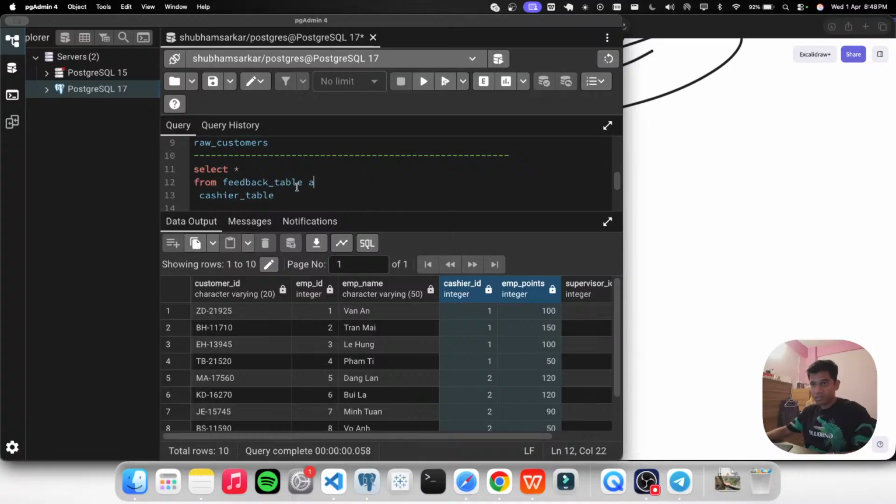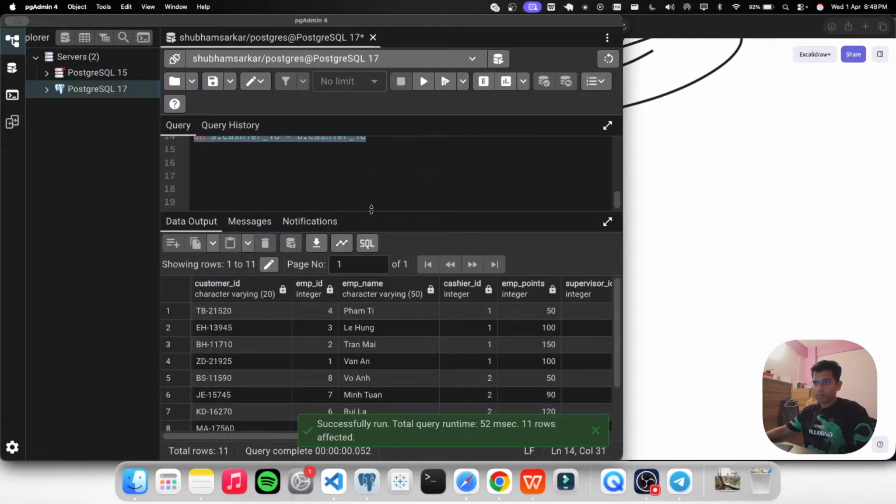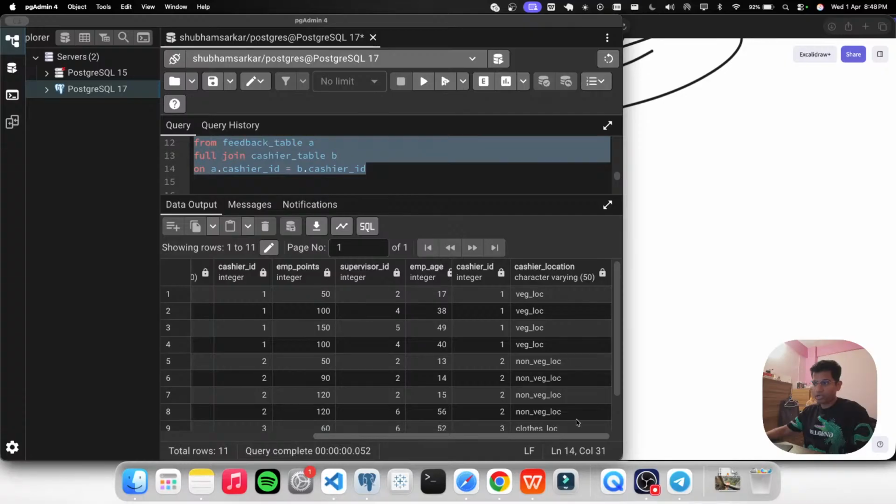From this, let's give an alias of b, and I will do a full join b on a dot cashier id equal to b dot cashier id, ठीक है. So a dot cashier id and then b dot cashier id, that's it. We will do these two things, ठीक है, and let's execute this. Once we execute it, we have done full join, we have got the cashier location at the side of the table, ठीक है। So we have received the cashier location here, simple as it is, right।